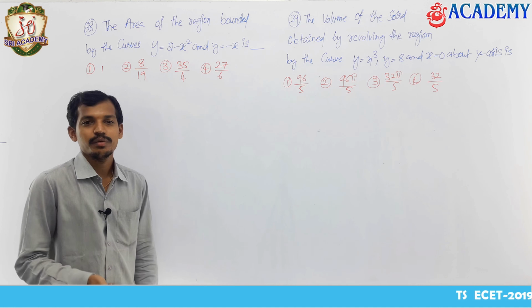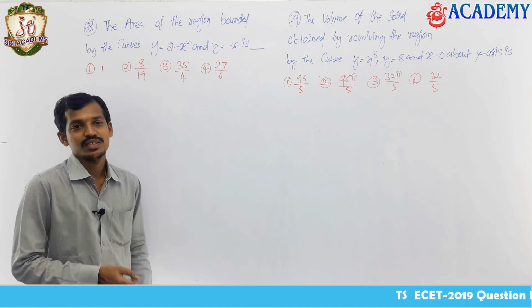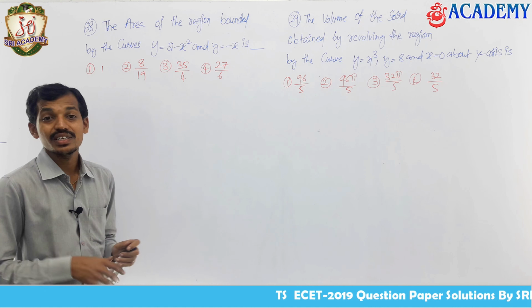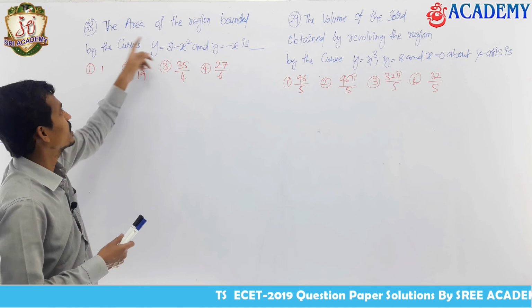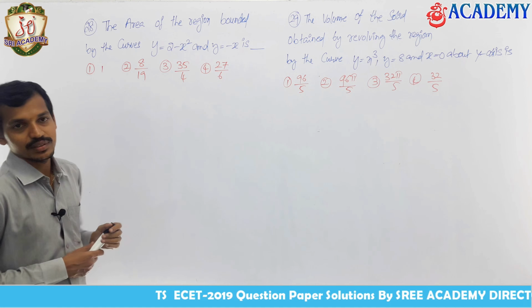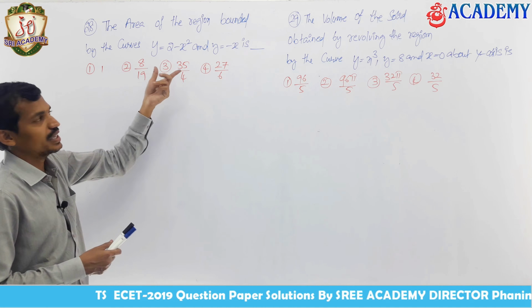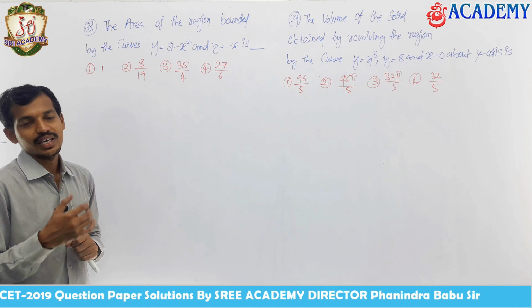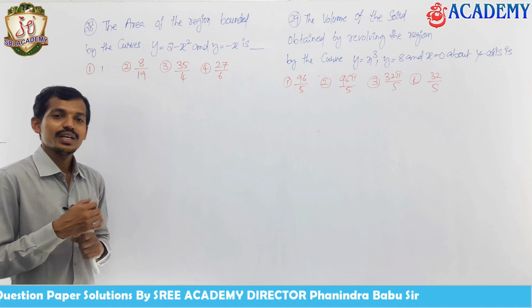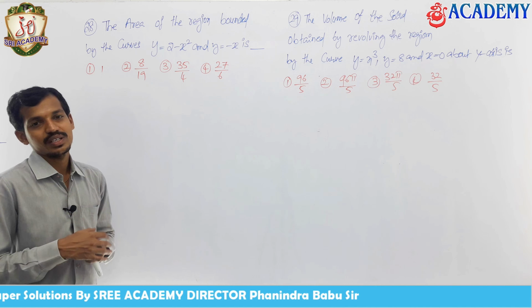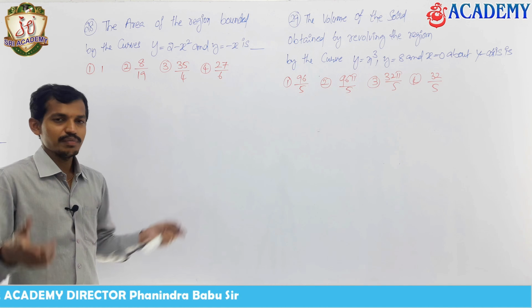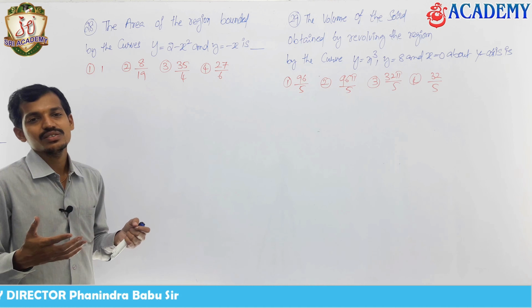Coming to this problem, this is applications of integrations. This is an area problem. Here he gave two curves, which means indirectly the area between two curves is being asked, the region bounded by the curves. Two curves are given, and no coordinates are given. We know the formula: the area between two curves is nothing but integral a to b of y of upper curve minus y of lower curve. If you take any curve, first you simply have to take the modulus. Always the area is going to be positive.